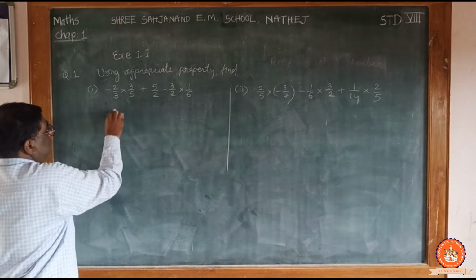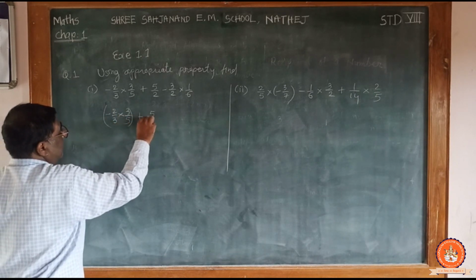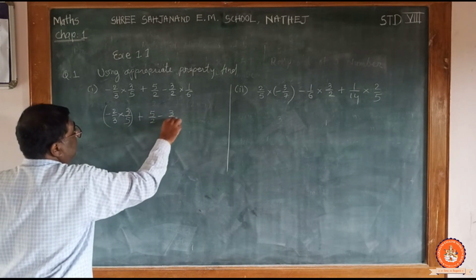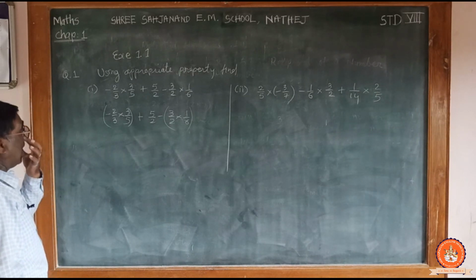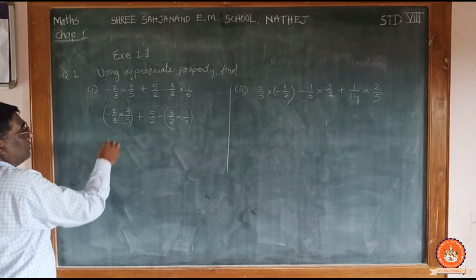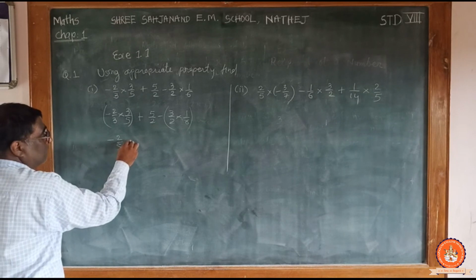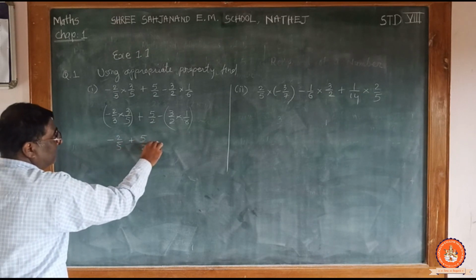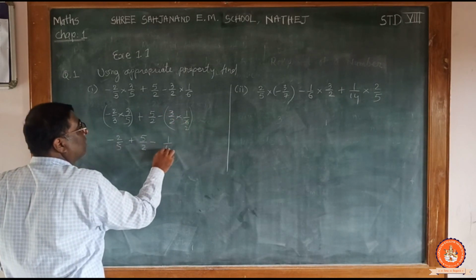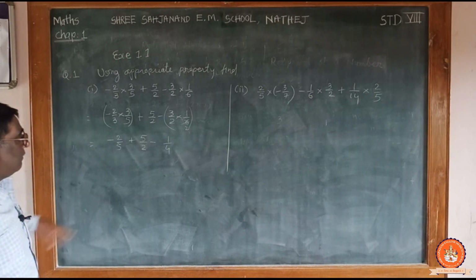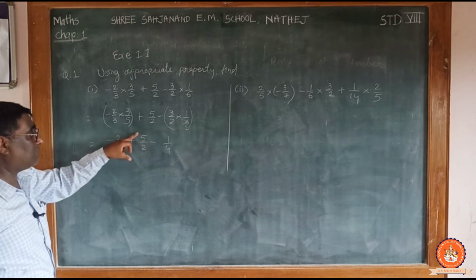So minus 2 by 3 into 3 by 5, okay, plus 5 by 2 minus 3 by 2 into 1 by 6, multiplication. Okay, so it will be minus 2 by 5. See, 3 will be cut. Minus 2 by 5 plus 5 by 2 and minus 3 by 3 2s are 6. So it's 1 upon 4. Okay, now minus 2 by 5 plus 5 by 2 minus 1 by 4.